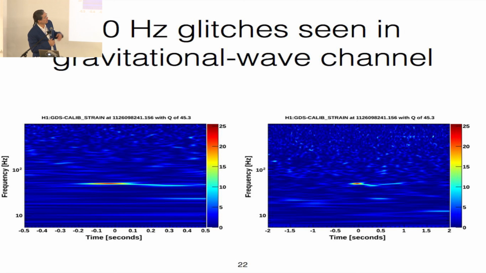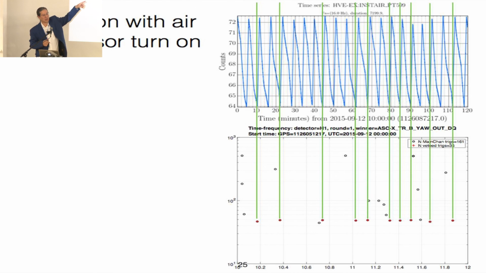So as an example of that, there was a case where the scientists noticed that they had a number of glitches that had a similar kind of appearance. You can see this sort of horizontal line. And then by doing a bit more probing, they were able to find that the timing of those signals lined up with the timing of something else that was going on inside the detector.